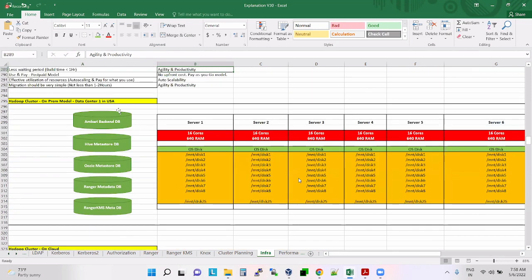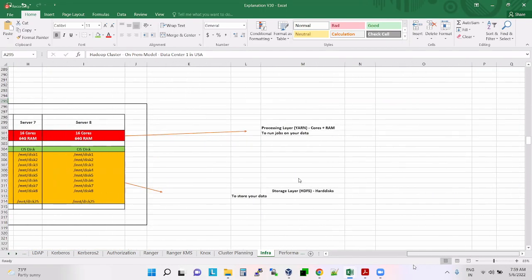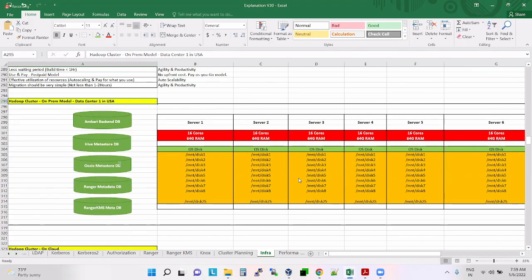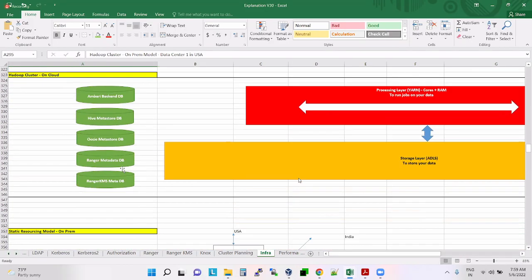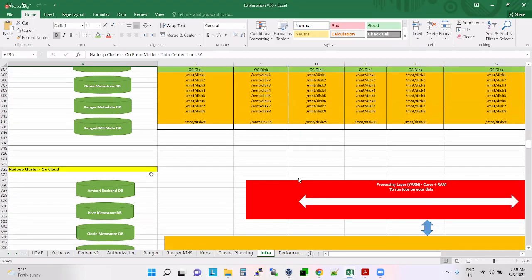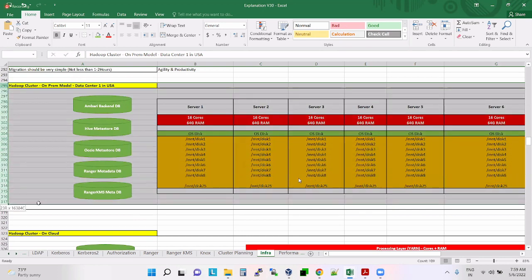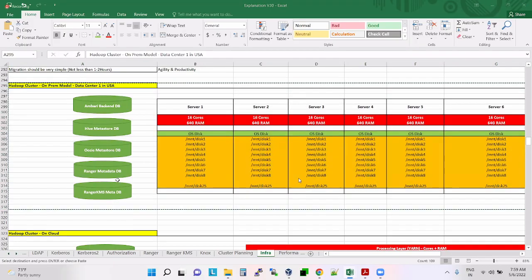So now, okay, guys, let us see the Hadoop cluster in on-prem model, guys.